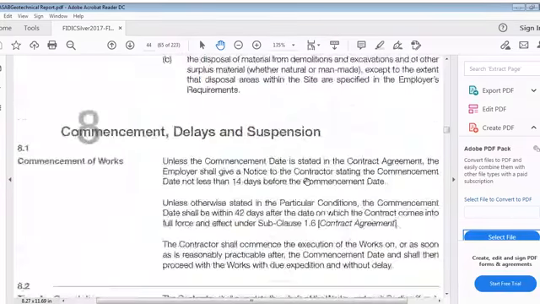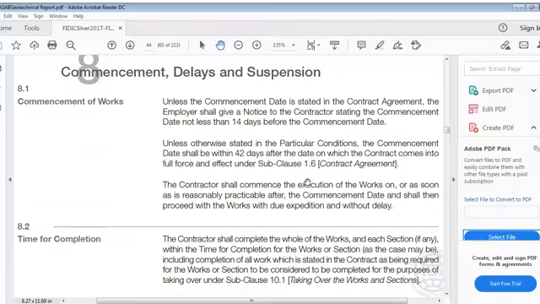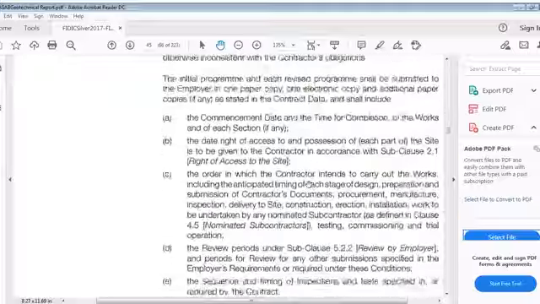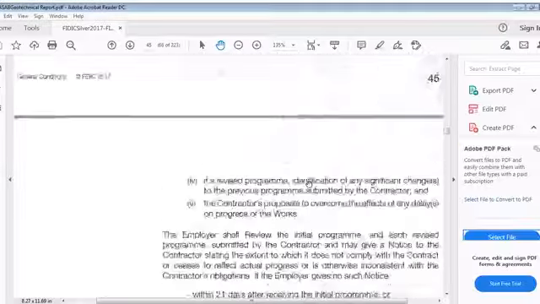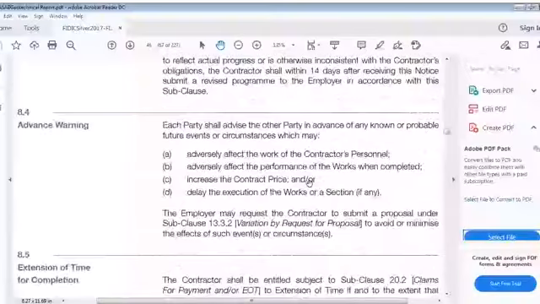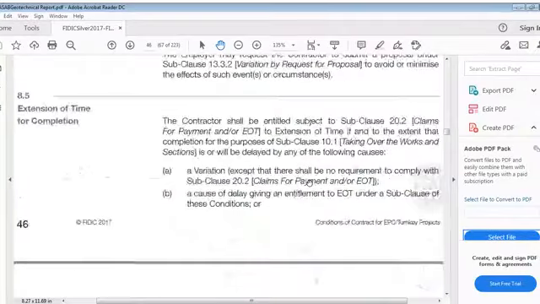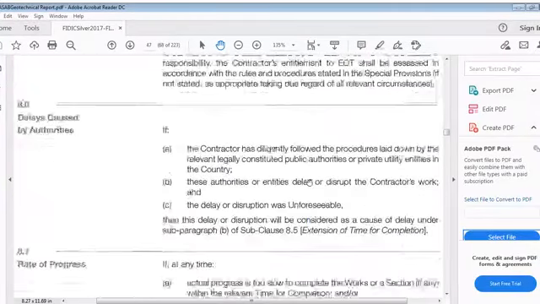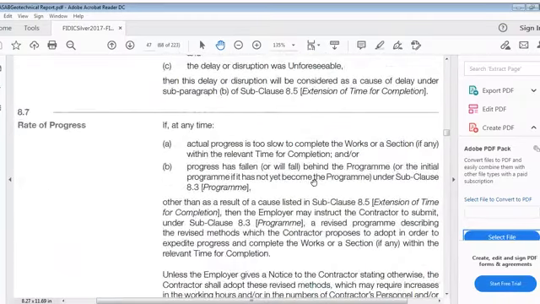Before, it was royalties, which is gone. So in this: commencement of works, then time for completion, then program, and then advance warning, and after that extension of time for completion, and then delays caused by authorities, rate of payments,